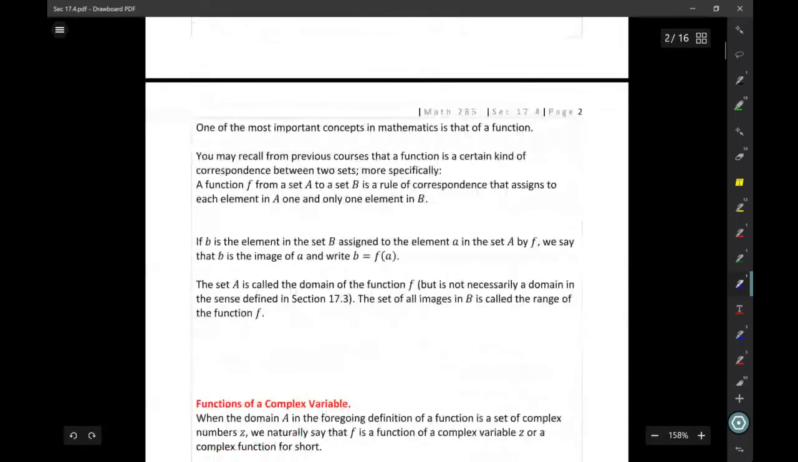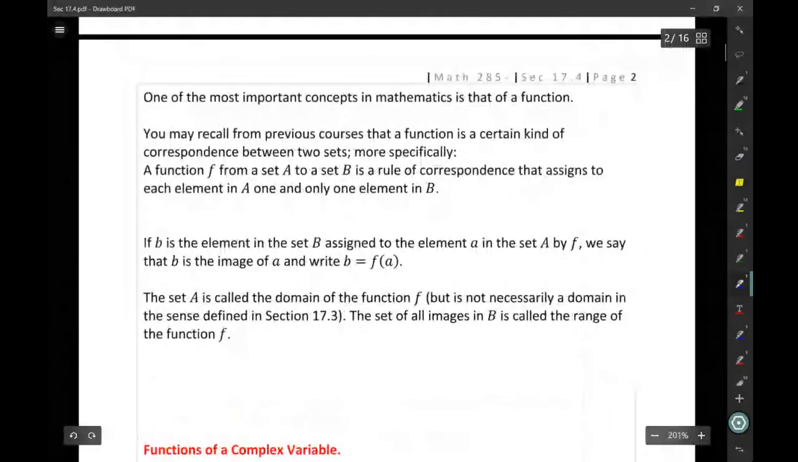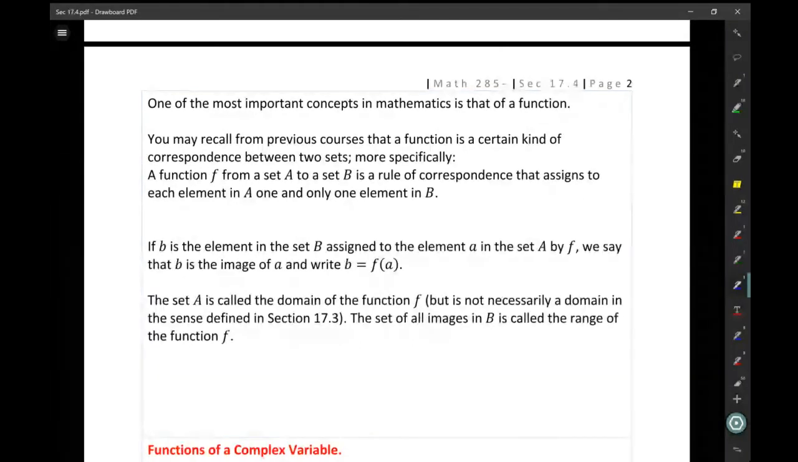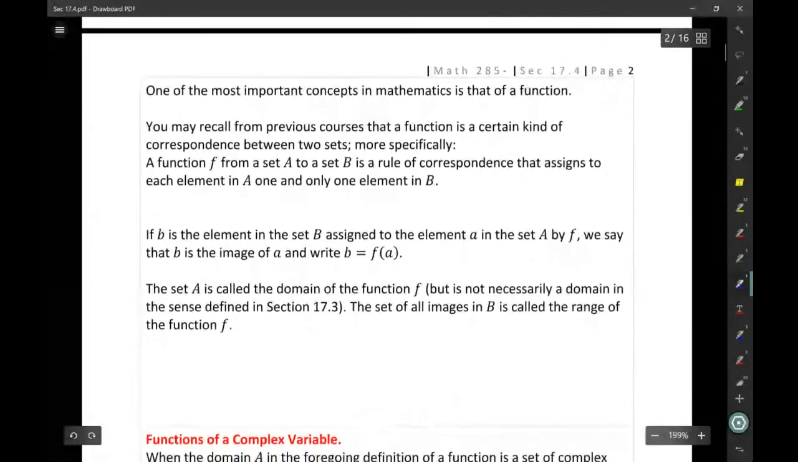And let us start from the beginning, the concept of the function of complex variable. What do you mean by a function of a complex variable? A function of complex variables here